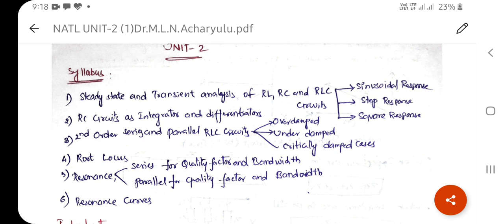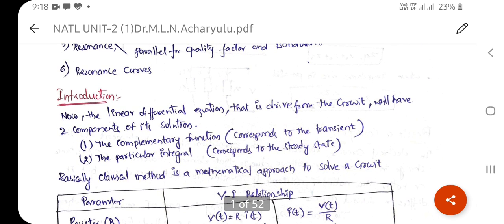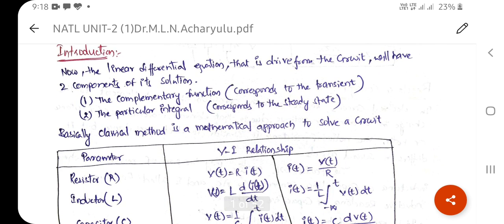That is the impedance, frequency versus quality factor, and bandwidth versus quality factor curves, and we need to discuss impedance and admittance also. These are the basic things you need for solving problems in network theory. Now, the linear differential equation derived from the circuit